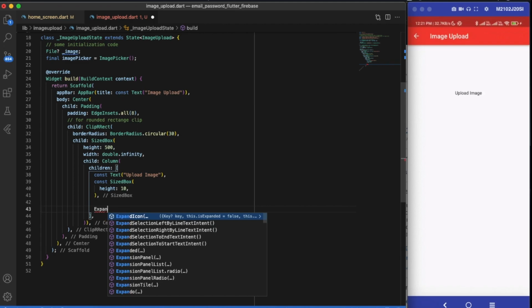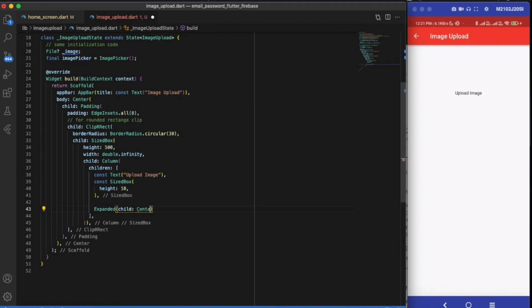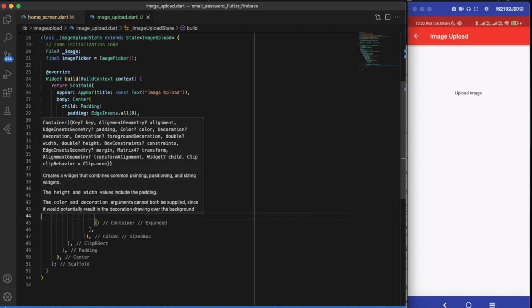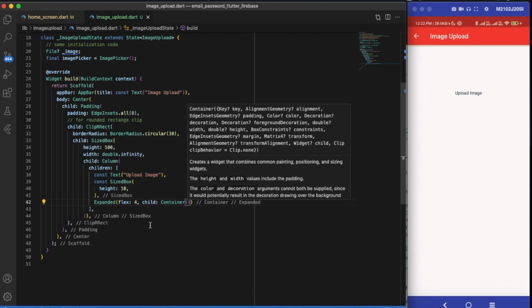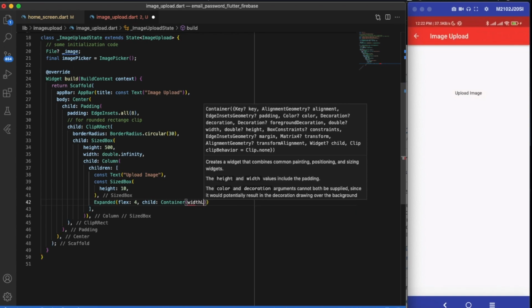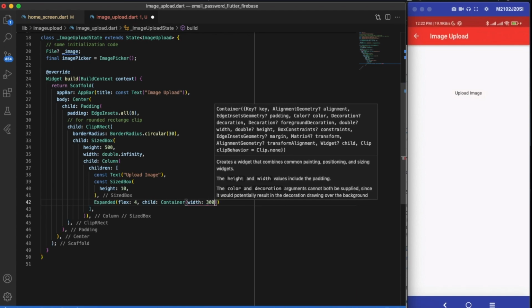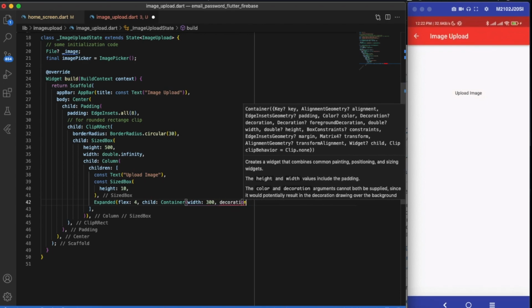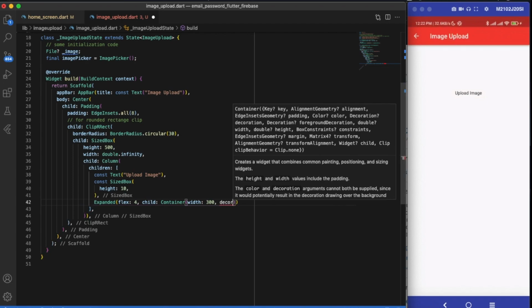I am writing Expanded, and a child can be a Container, and we also need to provide a flex, so flex would be 4. Okay, and inside a container what we'll be having is, first of all we'll need the width to be, let's say, 300, and after that we'll be creating a decoration for this.